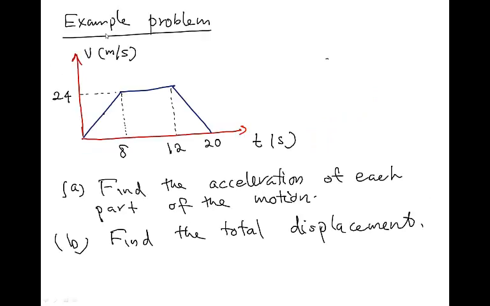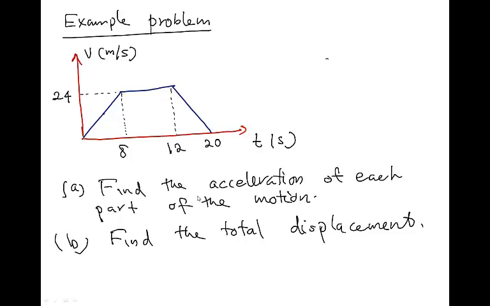Now I'm showing how to use what we learned about the graphs to solve a problem. We have given this velocity versus time graph. In the first part there is a constant acceleration, and in the second part there is a constant velocity, and in the third part there is a constant deceleration in this motion. The first question is find the acceleration of each part of the motion, and the second part find the total